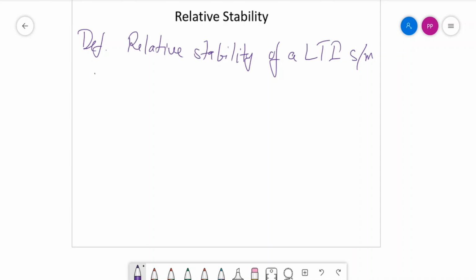I always say that these are all models. Model may be defined as